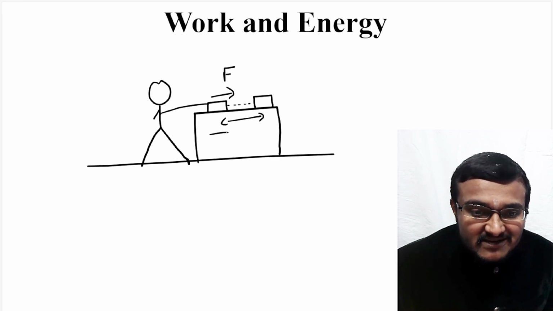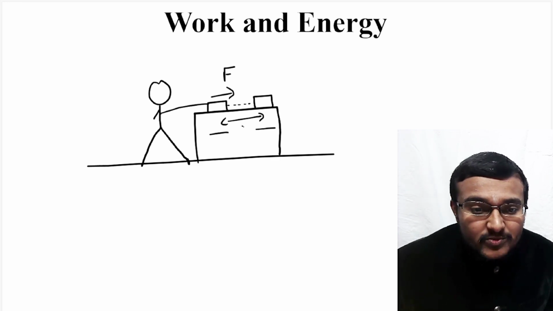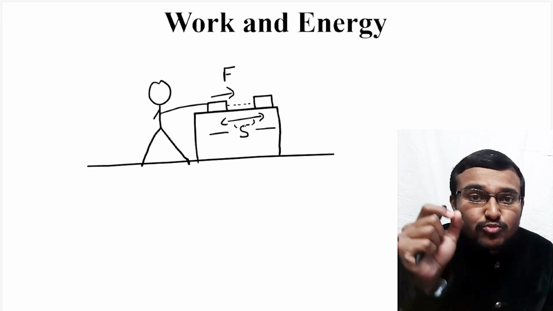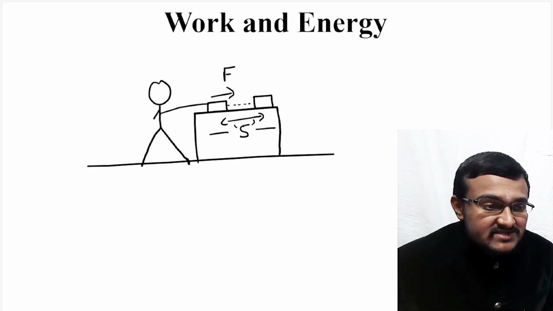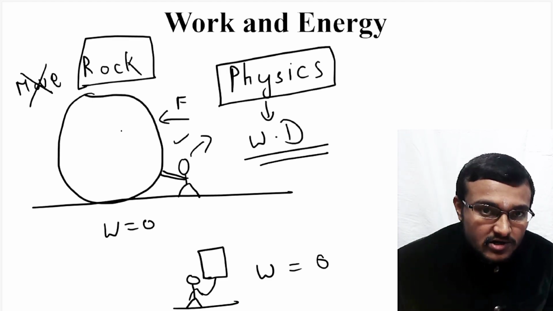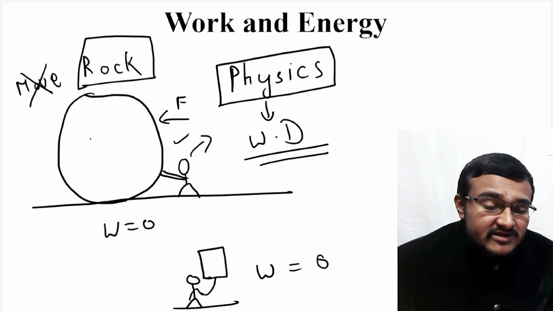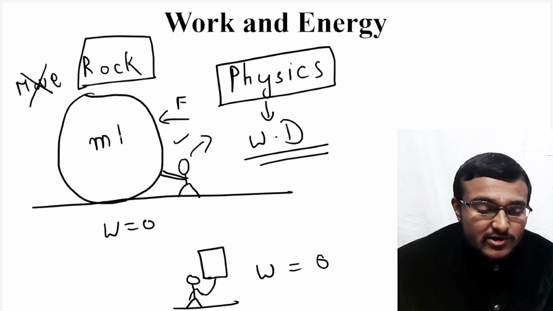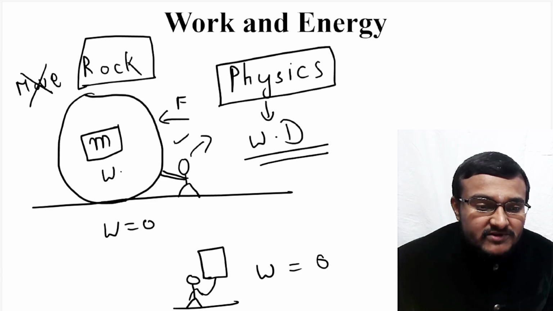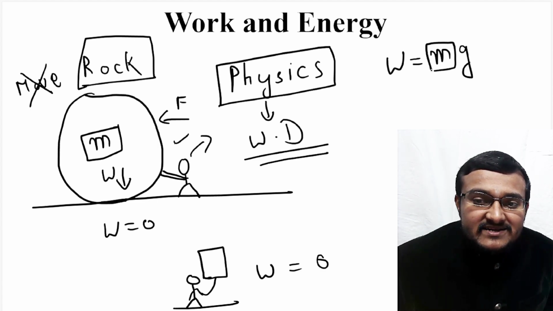So from its initial position, the book has got displaced, and both force and displacement should be there. In the previous case, this person was also applying force F on this rock. But as you all know, in the gravitation chapter we learned that when the mass of an object is higher, its weight will also be much more, because weight is nothing but mass times acceleration due to gravity. So a greater massed object will have